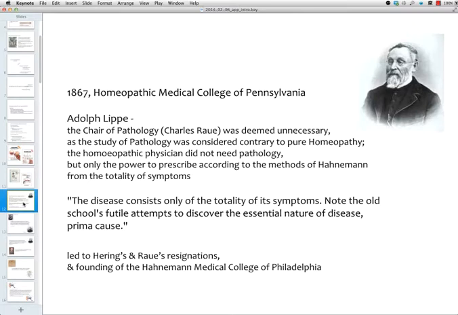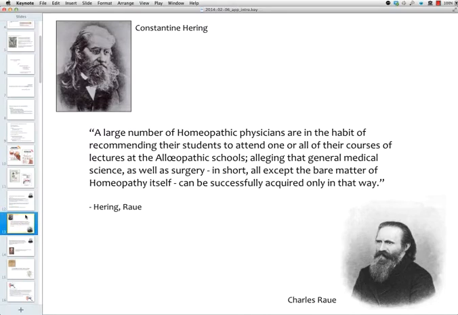Okay. Now, this decision led to the resignations of both Hering and Rao from the medical school they'd helped found, and their founding of the Hahnemann Medical College of Philadelphia, which operated now parallel to Lippe's school. And in the annual meeting one year after the founding of the Hahnemann School, looking back on this decision to split off and start a second school in which pathology would be included, they stated,